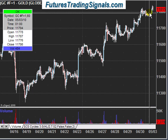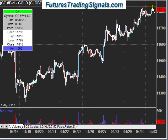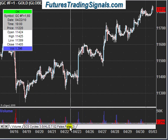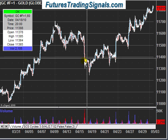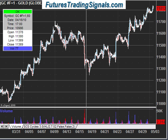Today or tomorrow or this week we could get a pop and see it stretch up pretty high, and that'll be everybody just completely in a panic, jumping into gold, saying this is it, it's going parabolic, and then it will most likely correct. But that's what I'm thinking. If you were to get into gold,